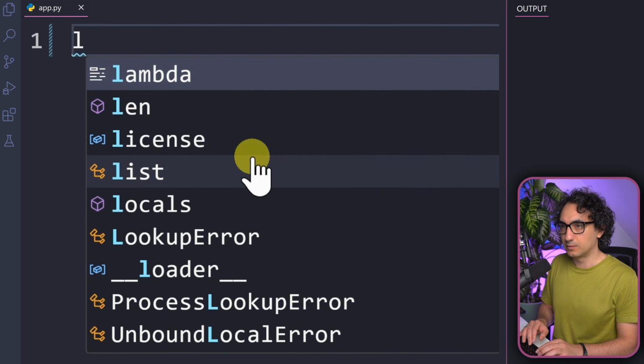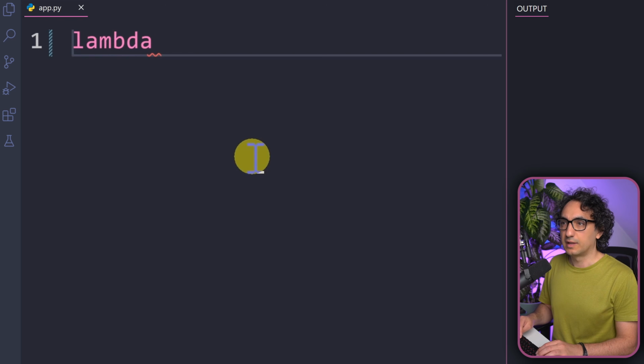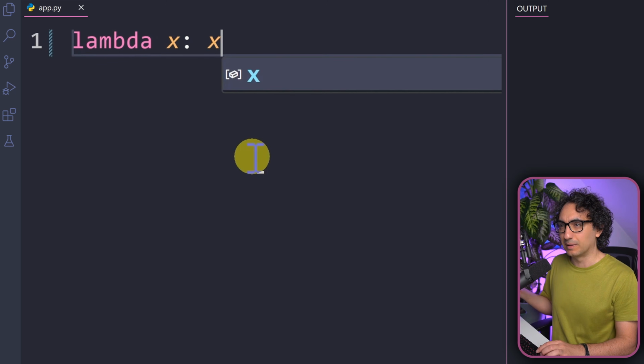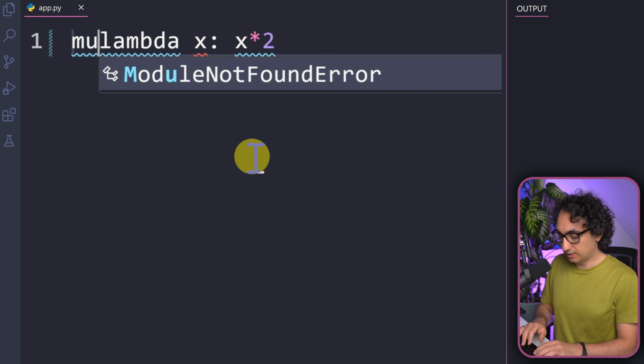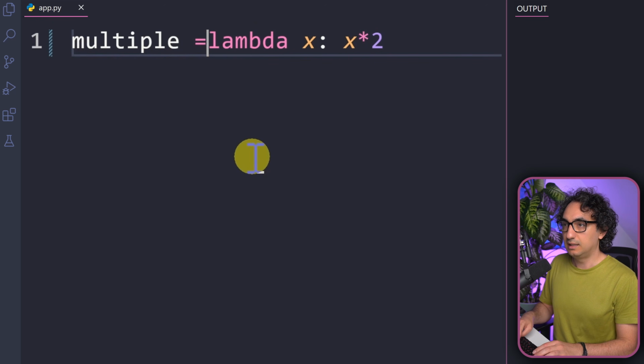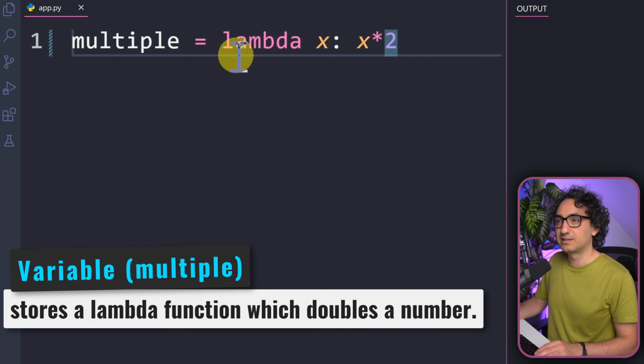All you have to do is to use the keyword lambda like this. After that, you define any variable name for the input. For example, I need only one variable, so x, and afterward a colon in order to define the expression. So what can happen with the x? We're gonna multiply it with 2. It is very simple. Now the question is how to use this. In order to do that, you define at the start a variable, for example multiply, and then you say equal to the lambda. So that means the variable multiply is holding a formula. We don't know yet exactly what the value is.